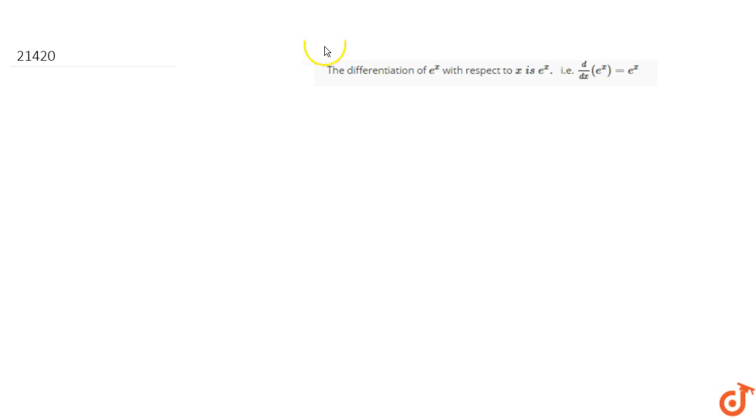So in this question we have to show that the differentiation of e raised to power x with respect to x is e raised to power x. So how do we solve this kind of problem? From the basic definition of derivative or differentiation, what you maybe feel like,